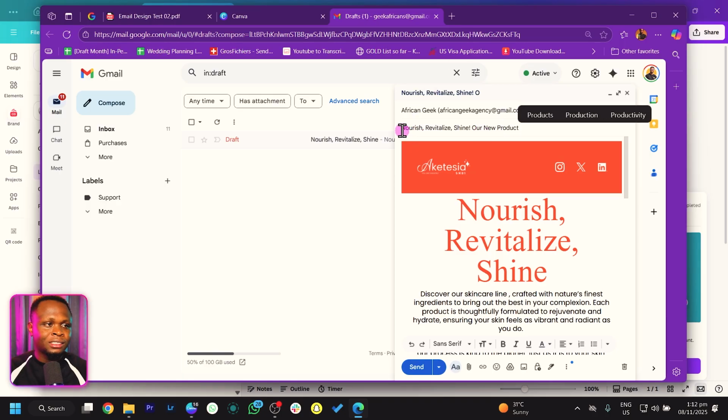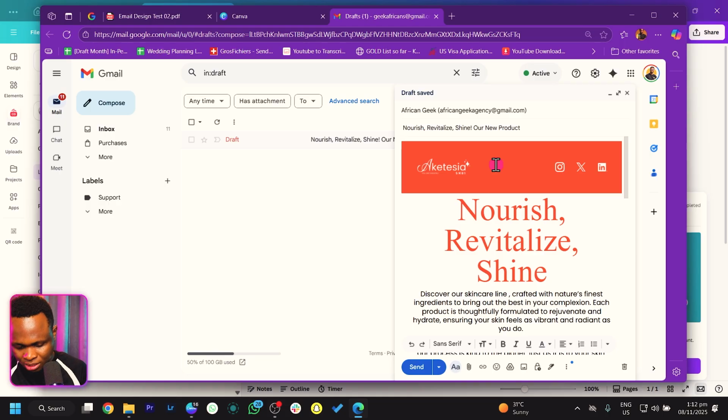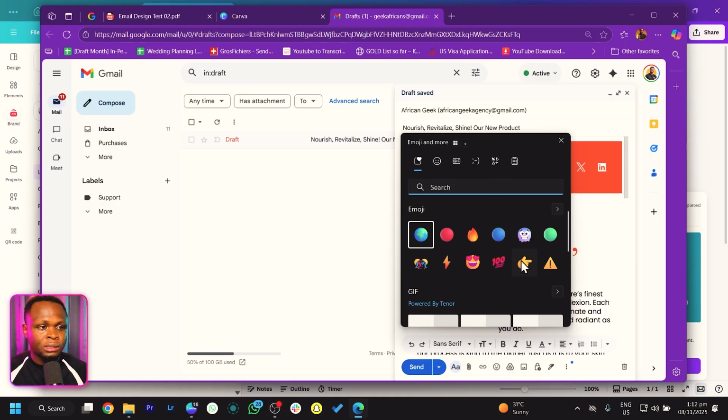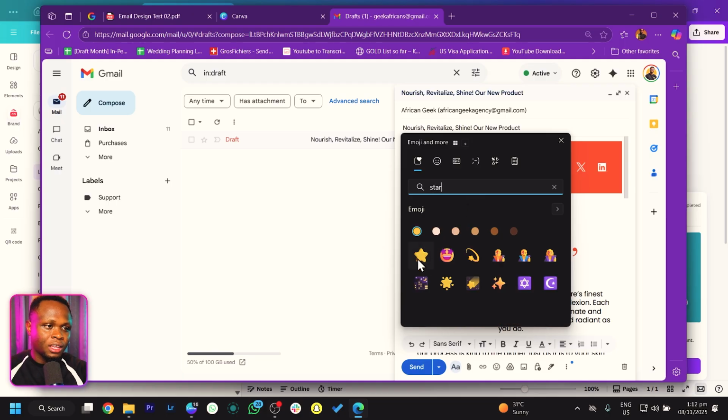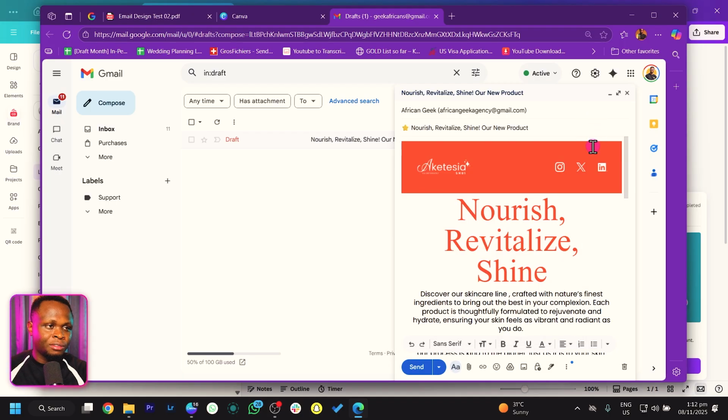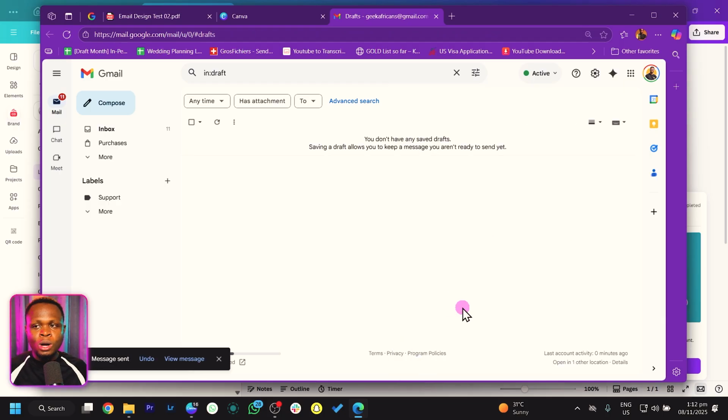One thing that I realized is that once you have emojis in your subject, it helps to increase the opens, or it grabs attention easily. So I usually like to add a star, because it's yellow and it always stands out. Once you click on send, this should go out, and I'll show you how it looks on the other